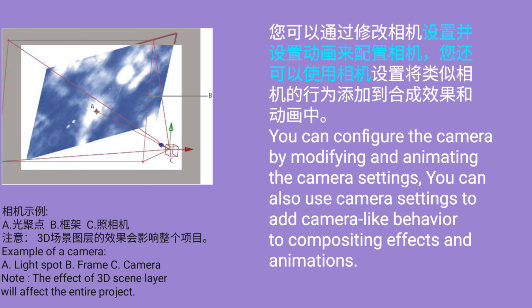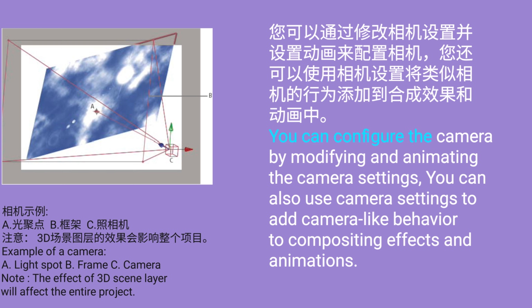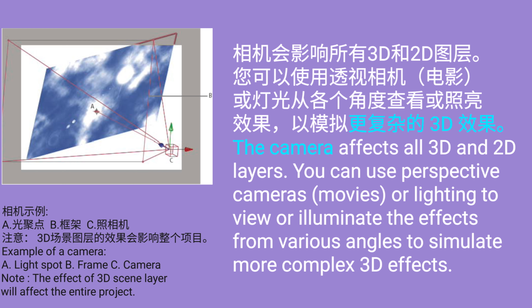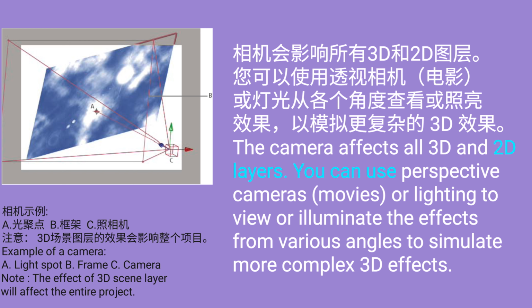You can configure the camera by modifying and animating the camera settings. You can also use camera settings to add camera-like behavior to compositing effects and animations. The camera affects all 3D and 2D layers. You can use perspective cameras, movies, or lighting to view or illuminate the effects from various angles to simulate more